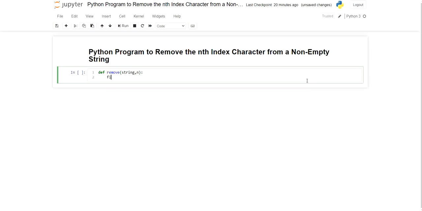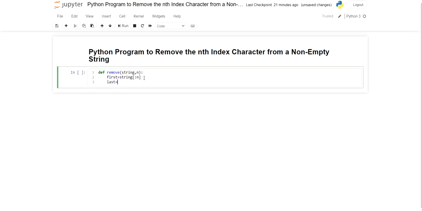So after this, you have to specify the count in the string. What this line will do is, if the user has entered a value as, suppose, 3, it will count the string index from 0 to 3. So this will count up to 3 as the user has entered the value as 3.